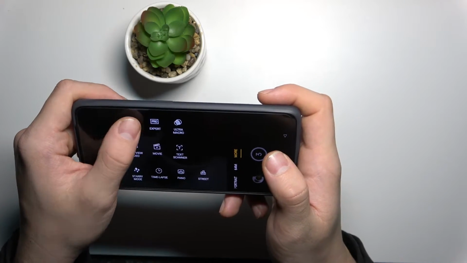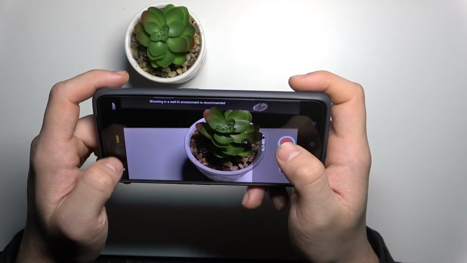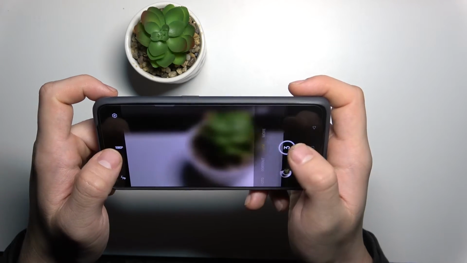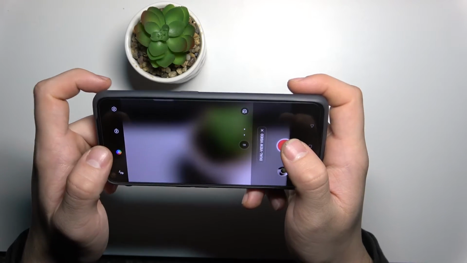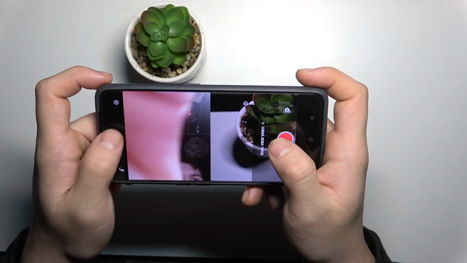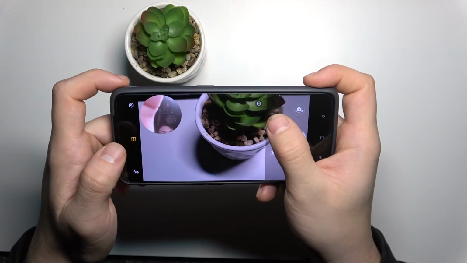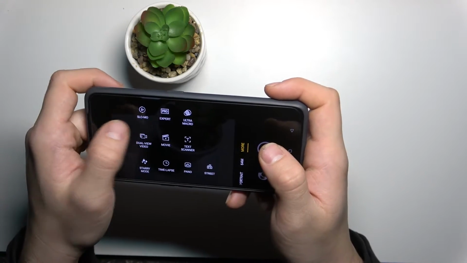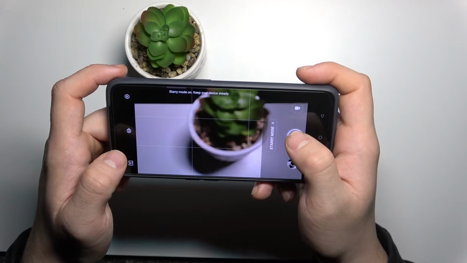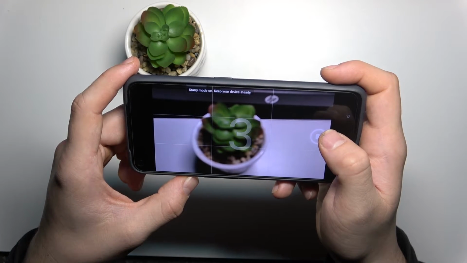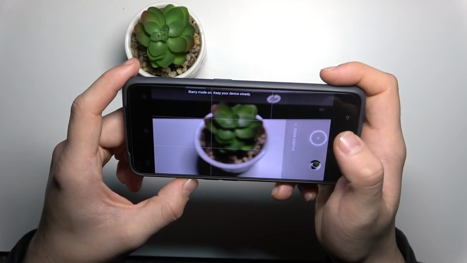In more we've got slow motion with adjustable resolution, dual view mode, stereo mode, 4 stars,